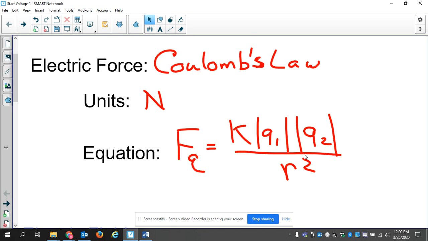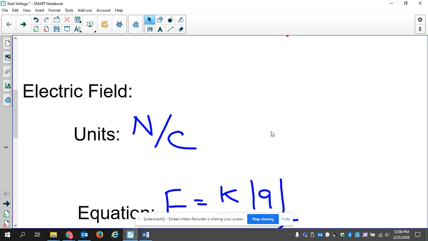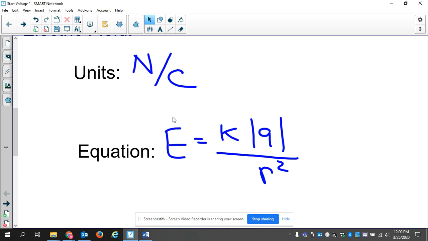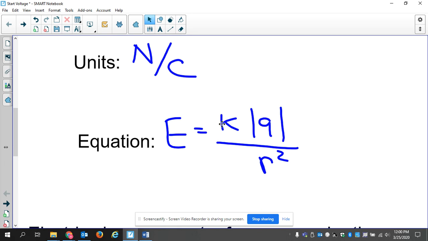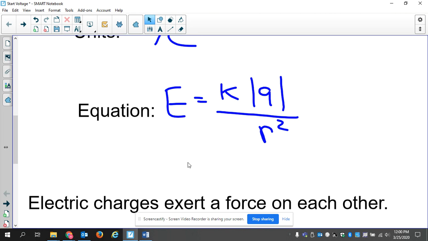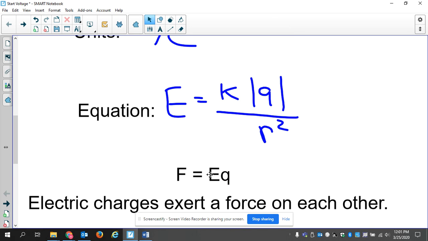I'm certain everybody remembers having done that before, or at least I really hope you do. Then we talked about electric fields, and the units are newtons per coulomb. So it's a force per unit charge. And the equation we used for that, for the most part, was E equals KQ over R squared. Sometimes we also had F equals EQ for some of the things we were doing, like if we had an electric